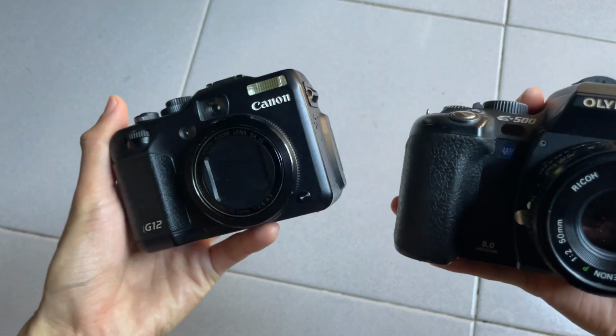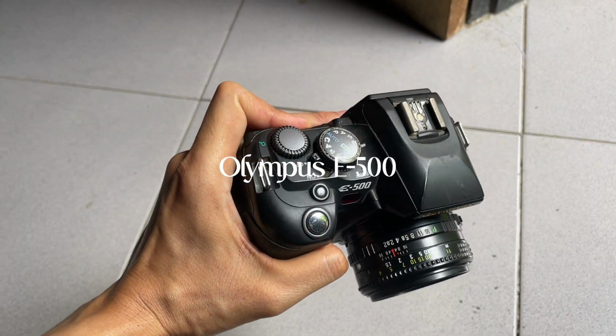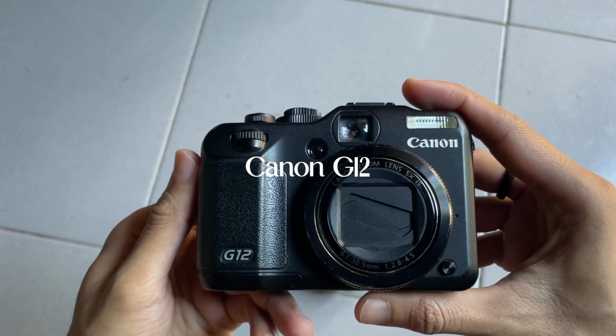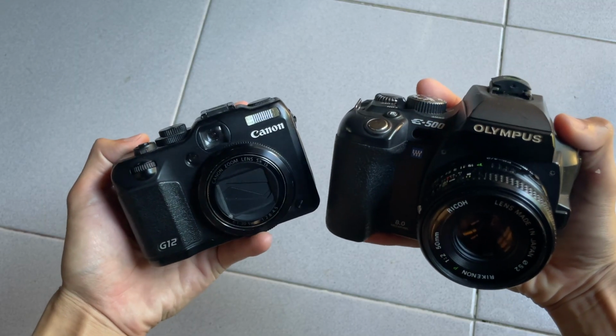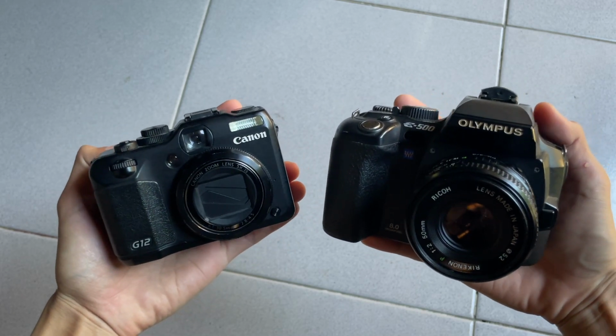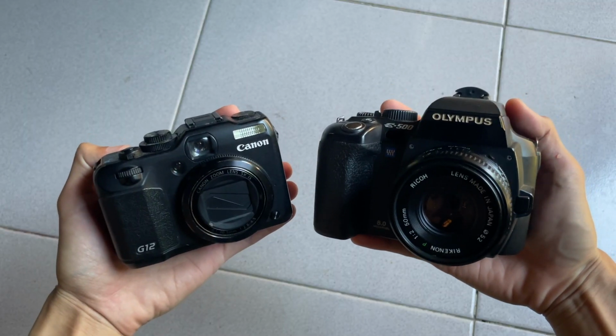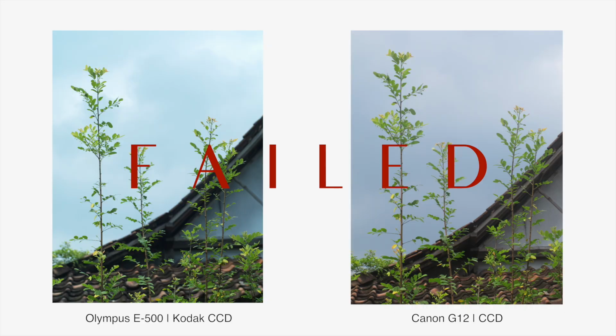I made a big mistake. I did a comparison between images produced by the Olympus E-500 and Canon G12. The idea behind the comparison was mainly about the color they produce. The images from the Olympus E-500 in that failed comparison looked a bit weird, kind of greenish, so I started